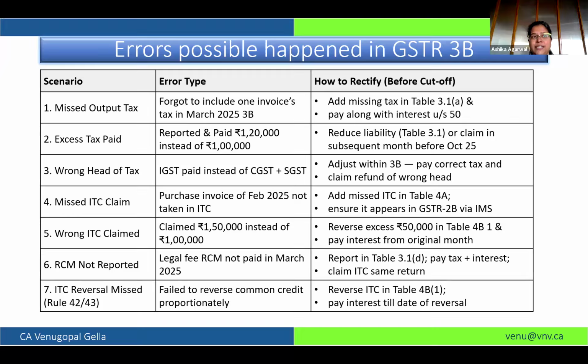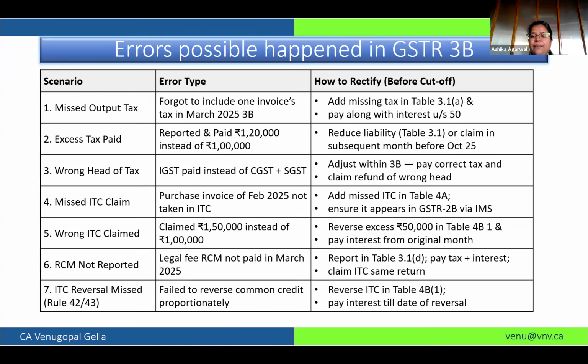So if there is a transaction in 2B which you have not recorded in books due to section 16 non-compliance, then also based on 2B only you have to fill your 4A5 and park your temporary ITC in 4B2. If there is a vice versa case, where the transaction is there in books but not auto-populated in 2B, it can't be reported in 3B. Because what will happen? Your 4A5 will get more than 2B, and definitely you are going to get a notice. Though the net claim is not more than 2B, there will be a notice and unnecessary explanation which will keep on going.